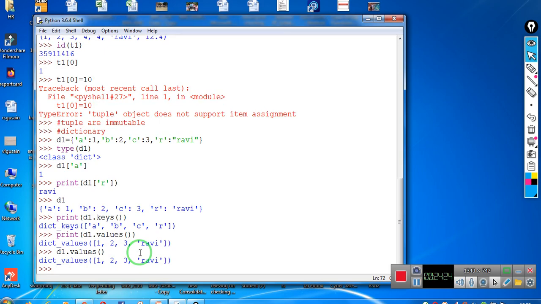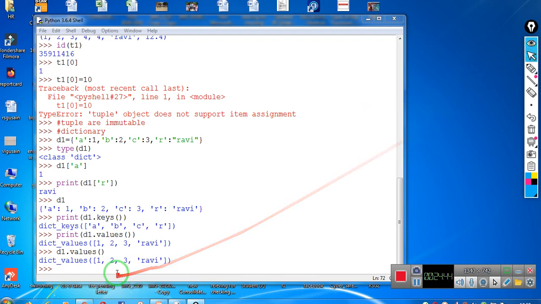So in the coming videos, I will be telling you more about list, tuples and dictionary. But for the time being, you should know that dictionary and list are mutable. That means you can go and change the value in place, whereas tuples are immutable.